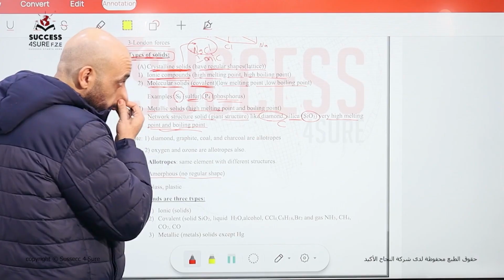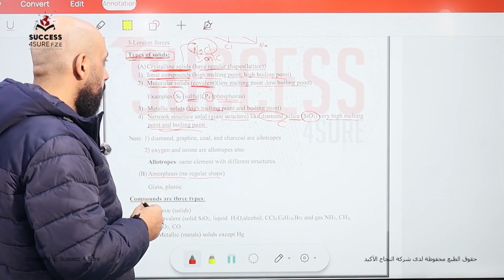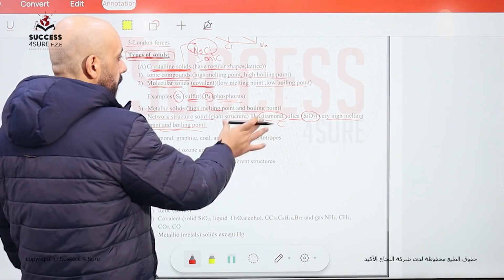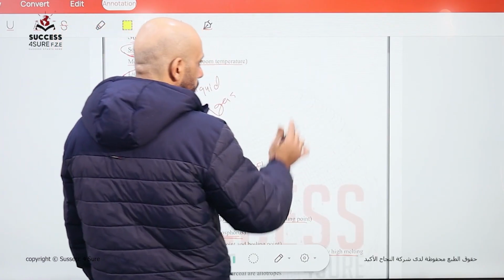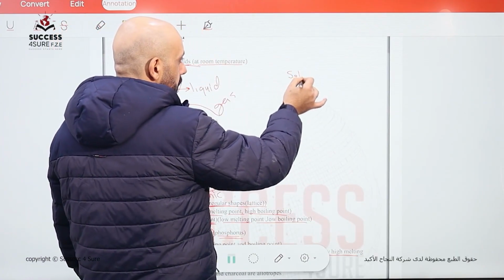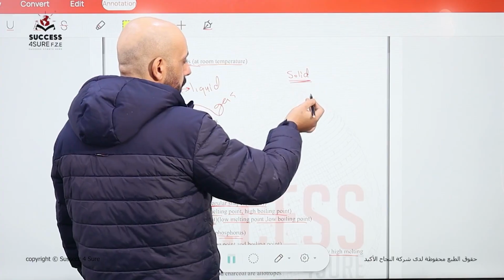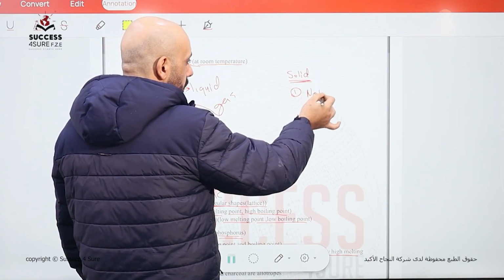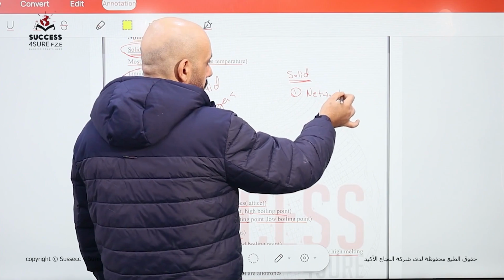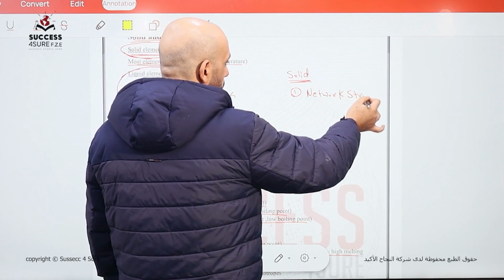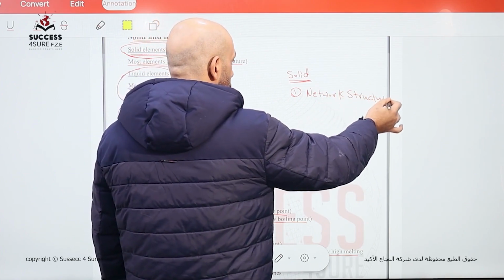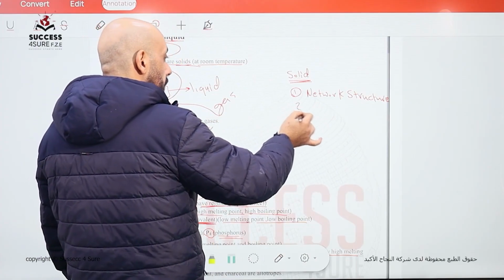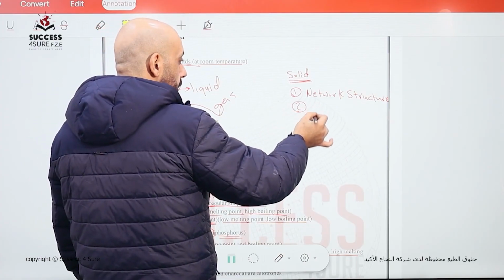So how are we going to classify those based on their boiling and melting points? I'm going to show you guys. First one, in the solid state. The first one is going to be the network structure, which is the hardest one to cut, so it has the highest melting point and the highest boiling point. Number two is going to be the metallic